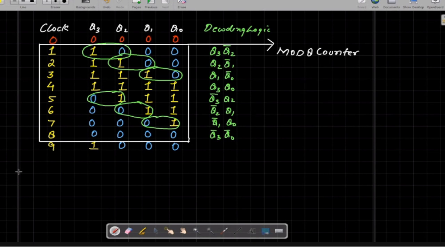Okay. So to implement this decoding logic with this Johnson counter, you require one additional circuit, and that additional circuit is called, in general,